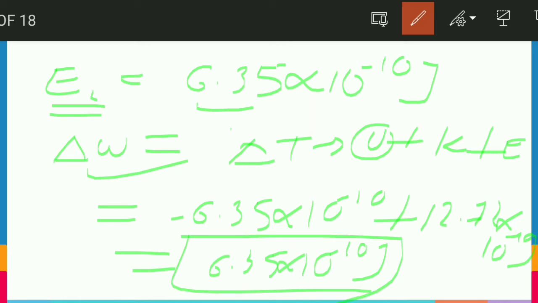So, I hope this question is clear to you. One more thing the question may ask: does any heat get liberated in this process? Actually, no heat will be liberated, because the charge keeps on accumulating in the battery, so there is no time for the heat to be released. So I hope friends this question is clear, so that we can move to the next question.